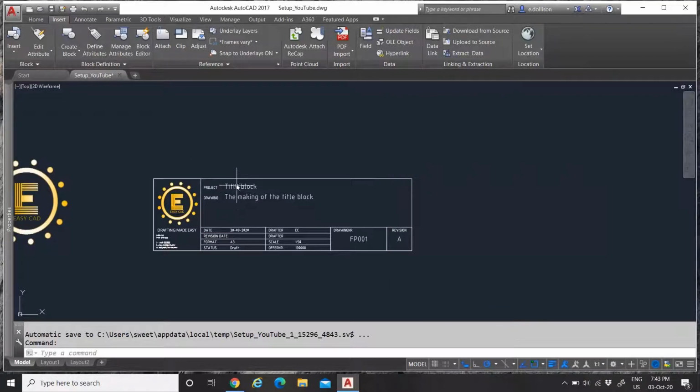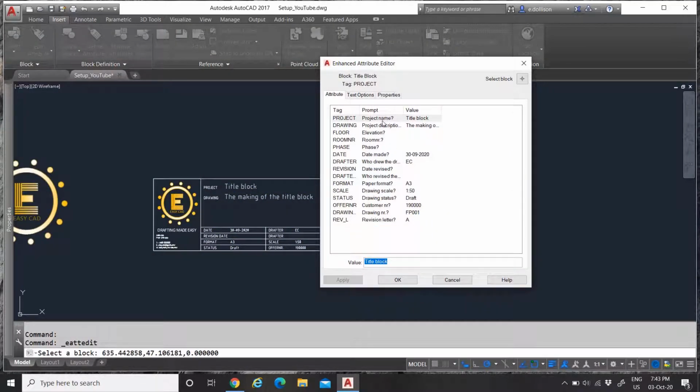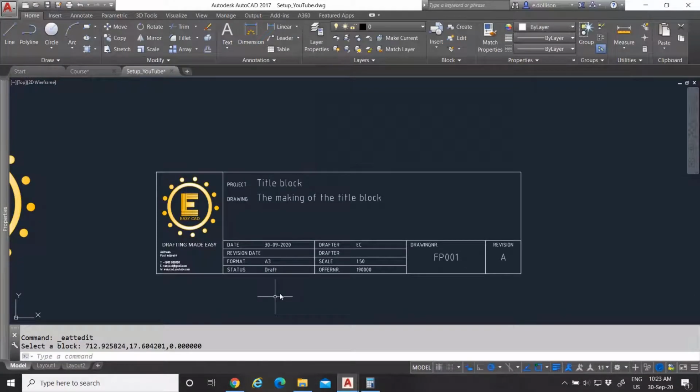So now if you double click this right now, as you can see, it's in the order I want it to be. So it is not in the standard or in the default order. AutoCAD ordered it for me, but it is in the order you want it to be. So now this block, of course, you can use within your